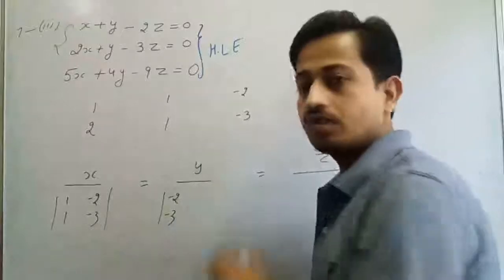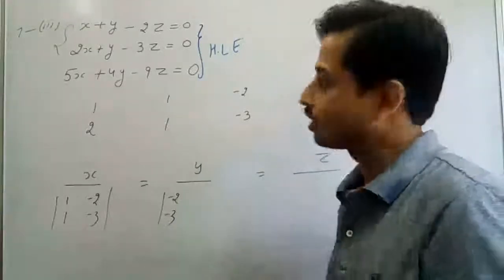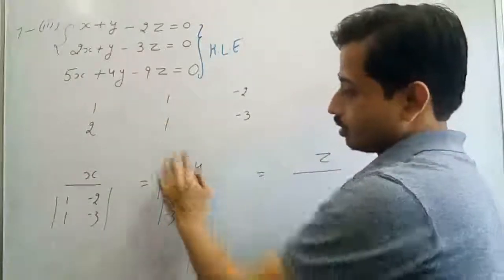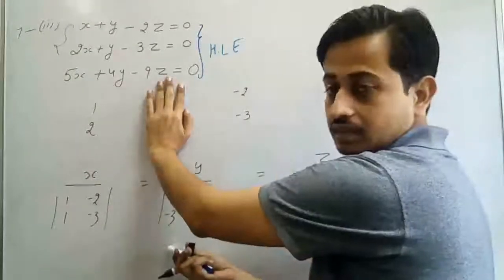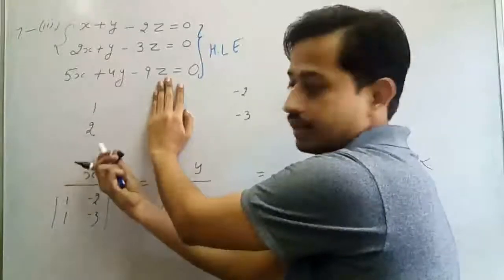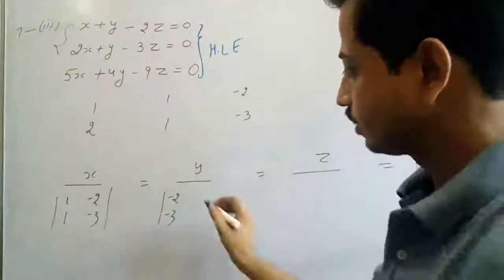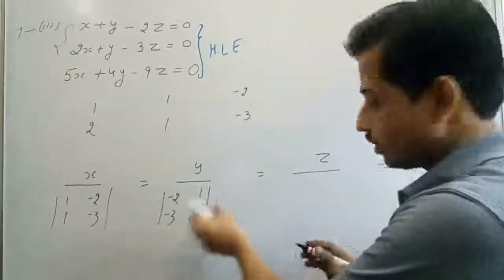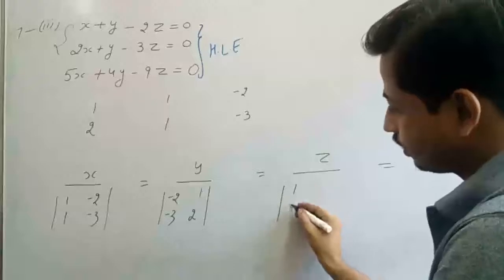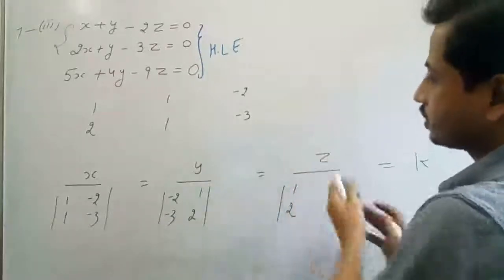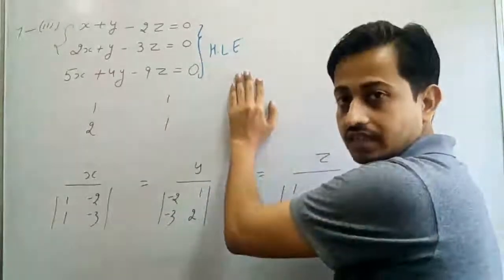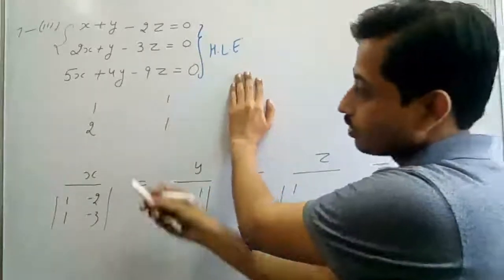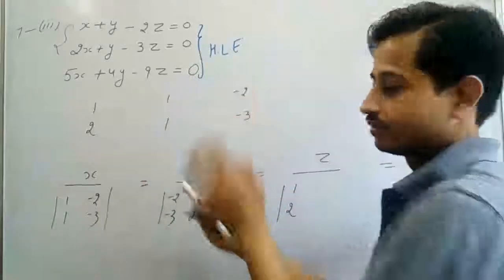Now we have to find out the values of y. Remove the coefficients of y. If we remove the coefficient of y, we get this. And note it. We already noted this here. So what we have to write? 1 and 2. So please write 1 and 2. Now same second column you have to write as it is, 1 and 2. Remove the coefficient of z. If we remove the coefficient of z, we get these, 1 and 2 we already wrote. So what we have to write? 1 and 1.